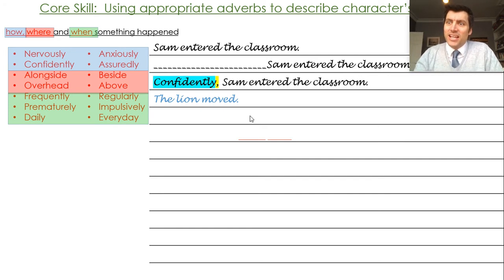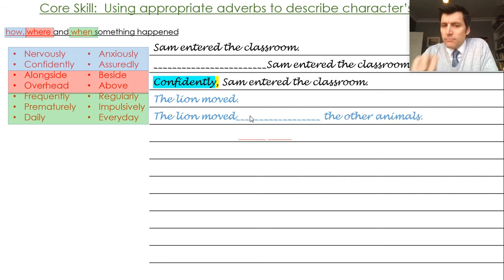The noun is the lion and the verb is to move. So the subject of the sentence is the lion, the moving is the verb. So we've got a simple sentence, the lion moved. Now, the lion moved, and then the closed element of this sentence, the gap, precedes the words the other